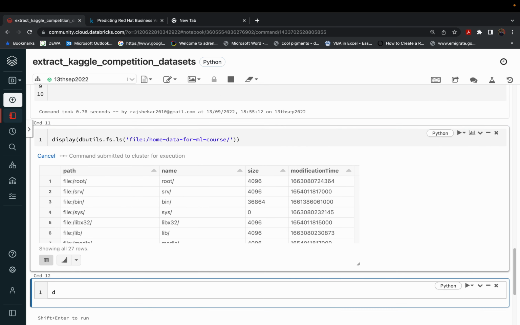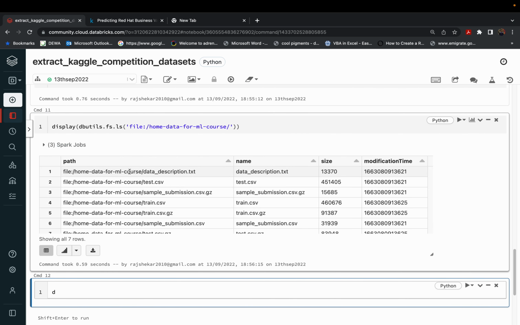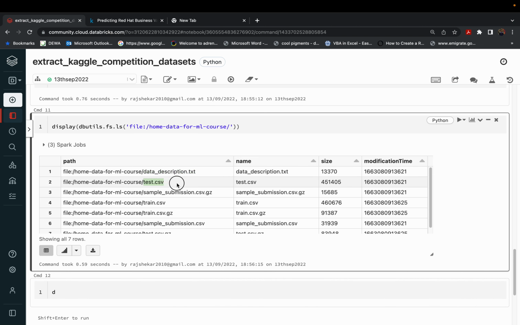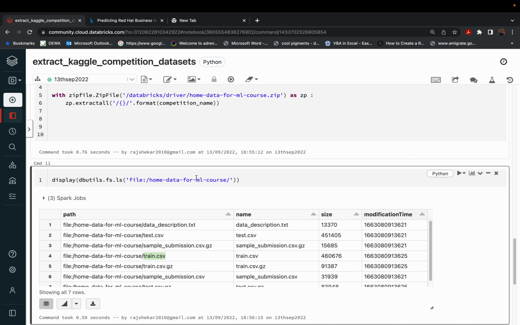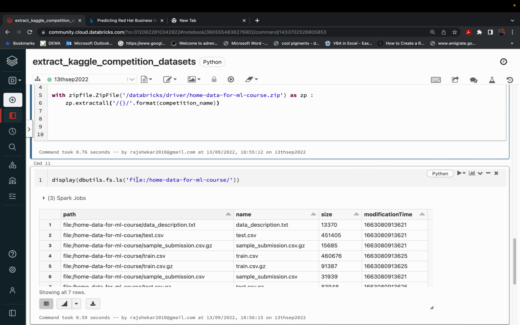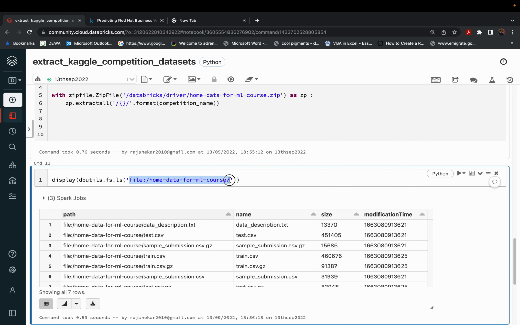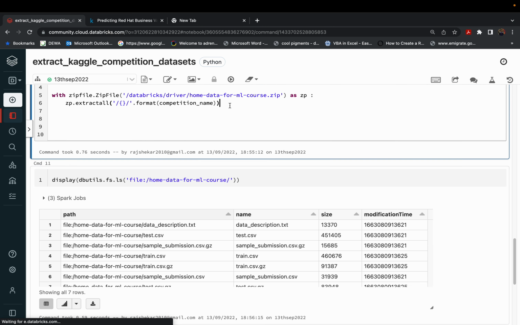Okay, I'll just check it out. So these are all the different files which are available within the Kaggle competition, and we have extracted this zip file in this particular location. I don't want to keep the entire thing here because this is an inbuilt path which Databricks uses for many different things. What I could do is copy this, and transfer all the files from here to our